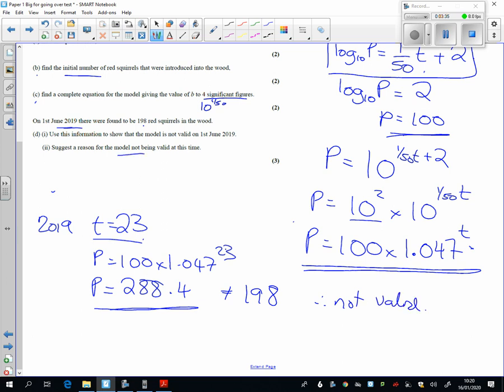Suggest a reason why it's not being modelled. So it might be a predator. Someone came and ate the red squirrels. It might be grey squirrels coming in and knocking out the native red squirrels. It might be disease. It might be they moved away. It might be a motorway, a road was driven through the wood, and I don't know. A real life reason why it hasn't